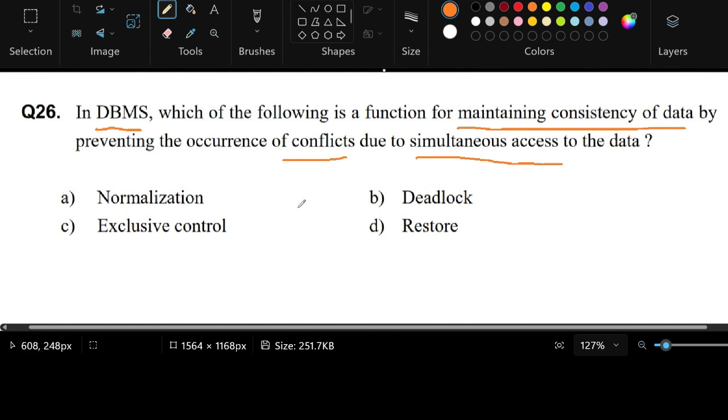actually, when I was doing this just a while ago again, I was looking at deadlock or exclusive control. But what we really want is not the term for the conflict, the problem, but more of how you maintain consistency. So it's the solution. And the solution is to do exclusive control, which means that if you're using this part of the data, anyone else shouldn't be able to access it or change anything with it at all